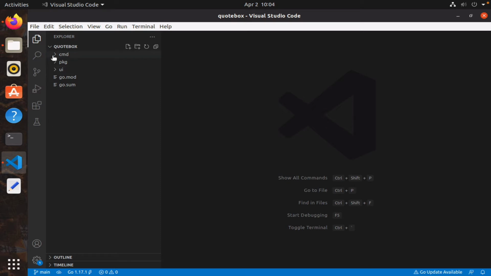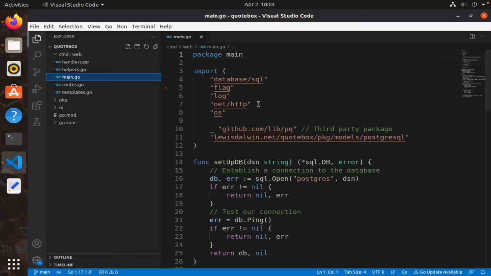Okay, so in essence, we want to be able to do something to the request before we hand it off to the handler. And so what do I mean by that? Well, let me give you a typical example. Let's say I want to add some information to my response. So before I send a response to the user,